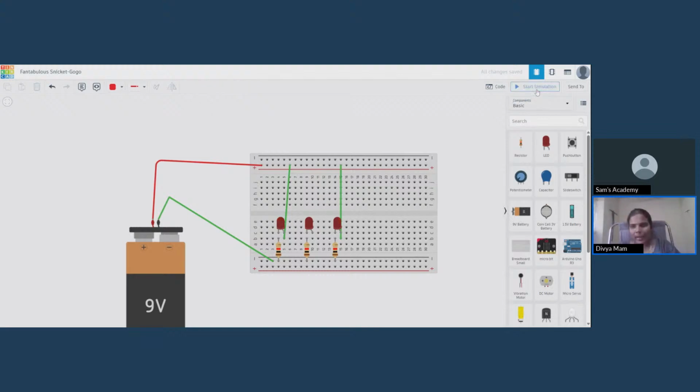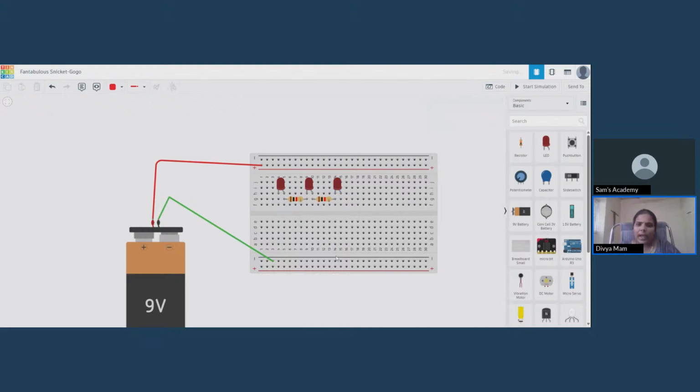Okay, I will just show you the series also now. Series means it will be connected one after another. That is, this resistor will be connected to the LED. Now I have connected the resistor to the LED positive, and the LED to one end of the resistor, and then the second LED's negative to that resistor's first end. Okay, and then the second resistor should be connected to the LED's positive end, and the third LED should be connected to the second resistor's other end,